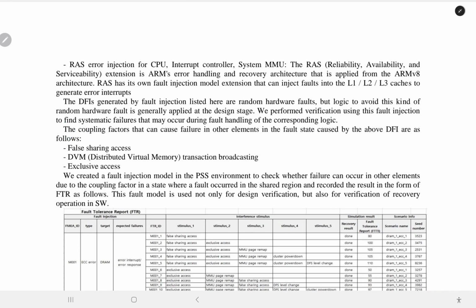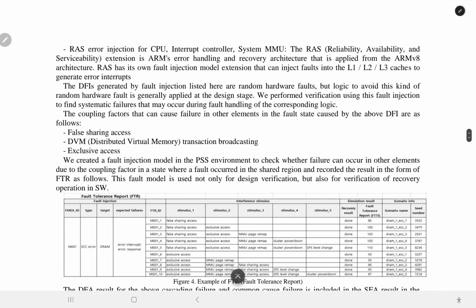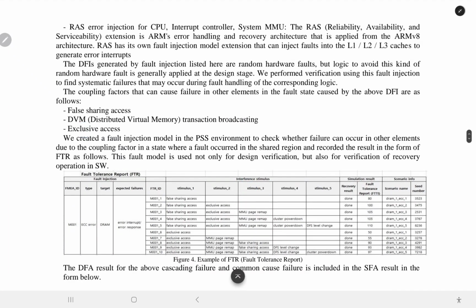The coupling factors that can cause failure in other elements in the fault state caused by the above DFI are as follows. 1. Force sharing access. 2. DVM, distributed virtual memory transaction broadcasting. So exclusive access. We created a fault injection model in the PSS environment to check whether the failure can occur